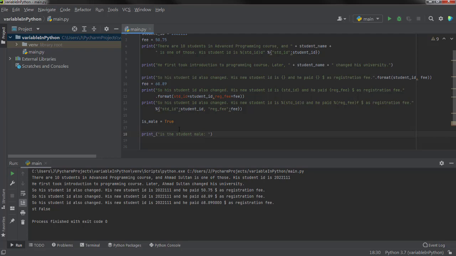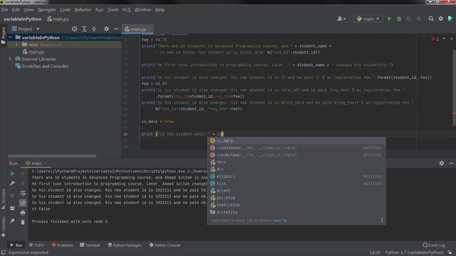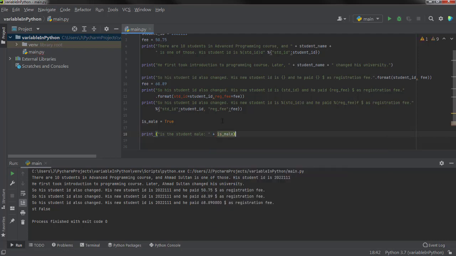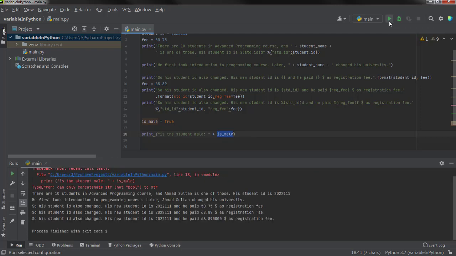And then if you want to write like this, let's see what will happen. So we are going to print is the student male, and then here we are concatenating the value of the boolean variable. So let's run it,